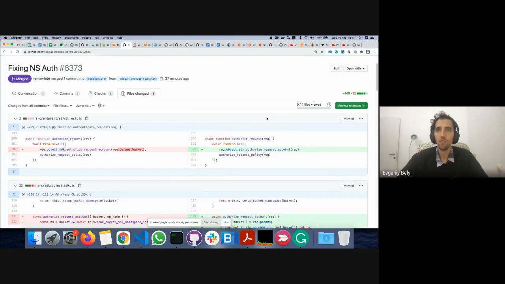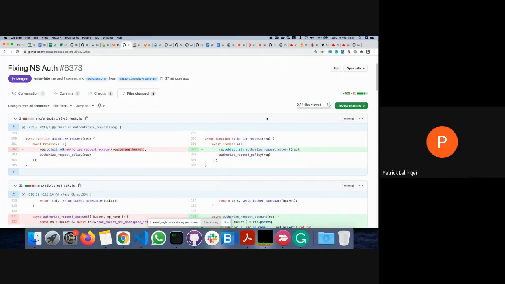If this is a flow that interests you, to work with namespace buckets anonymously, obviously it can be somehow configured, but we just need to check this flow because we did not test it. Yeah, this would be very low priority for us. So I just wanted to check with you.